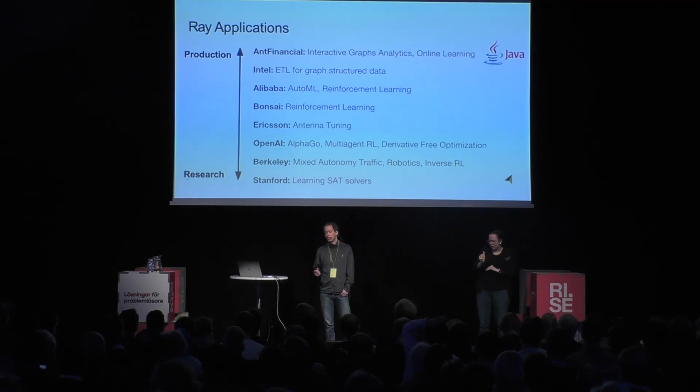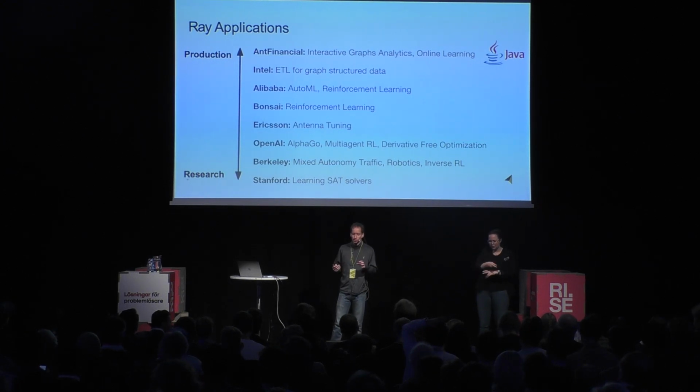One that I want to highlight is one for mixed autonomy traffic. So what they are doing is they are studying the regime where there's a mixture of human and autonomous drivers on a highway. At the moment, this is mostly in simulation, so they have many simulators. And then they can use RLlib and Ray to train autonomous agents that can interact with the human drivers and lead to the traffic being much more efficient, because the autonomous vehicle can sort of route human drivers and can therefore improve the efficiency of the traffic.